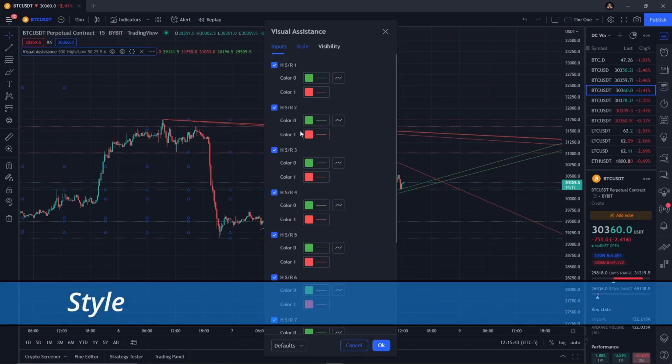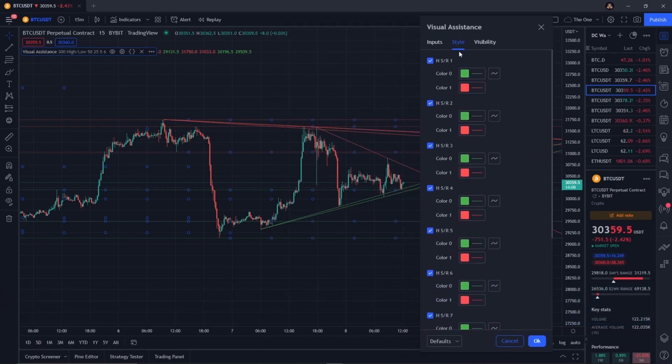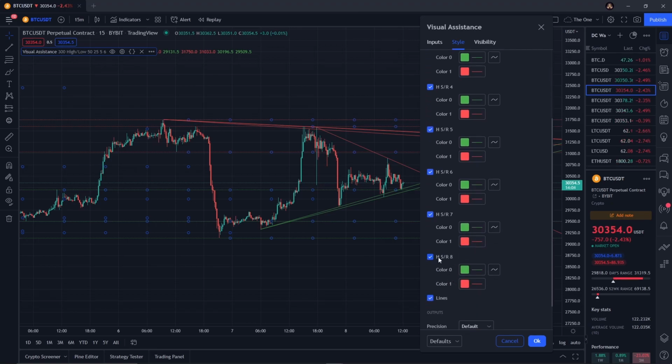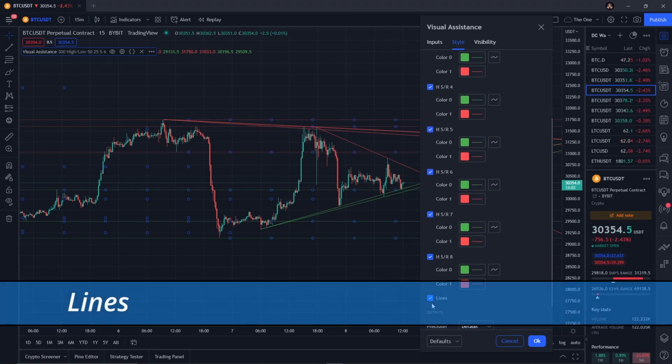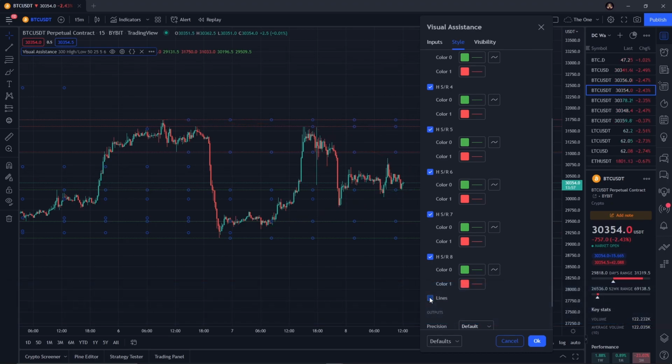style. So let's go back to the settings, click style here. Then you can see we have these things right here. Let me move this out of the way. We have HSR 1, 2, 3, 4, 5, 6, 7, and 8. Then we have lines. So lines, we'll talk about this because it's very quick and simple. Just turns on and off the dynamic support and resistance lines. So we're going to go ahead and leave them off for just a second so we can talk about the